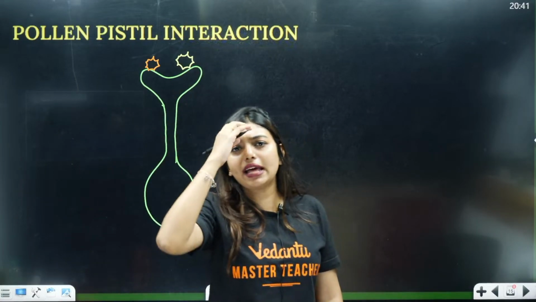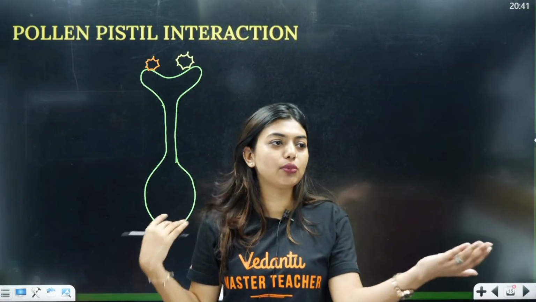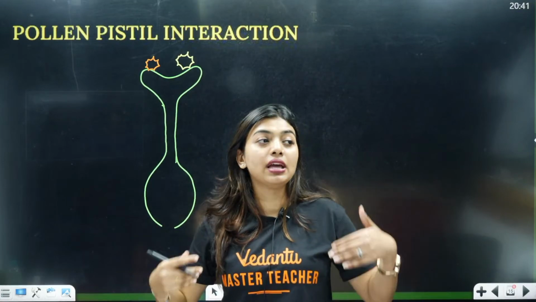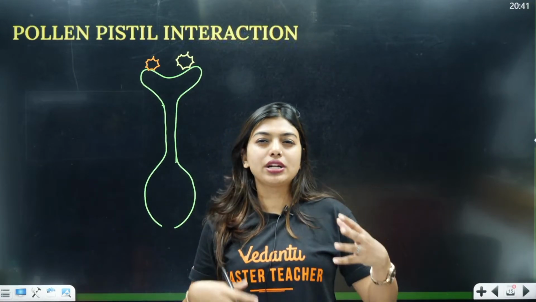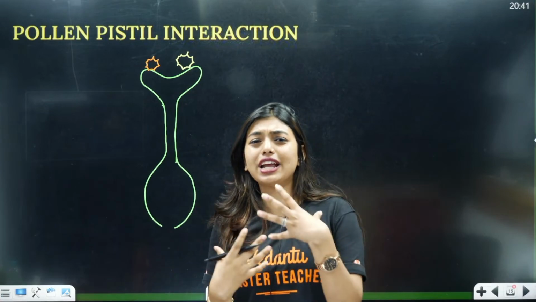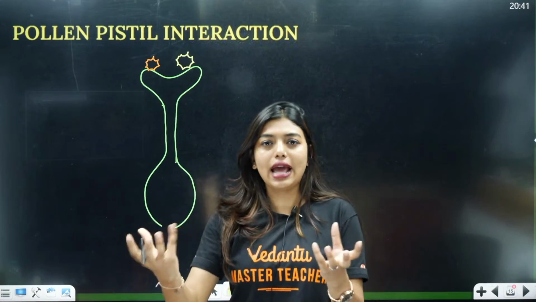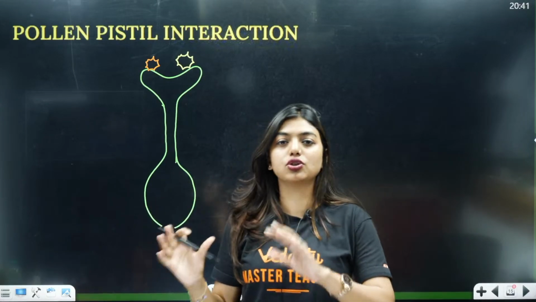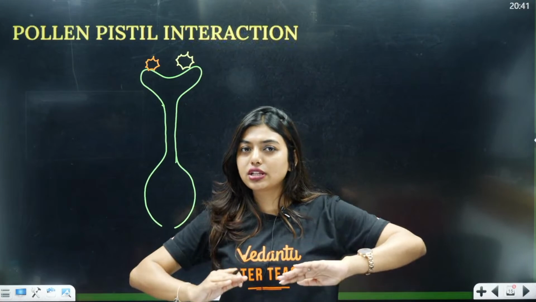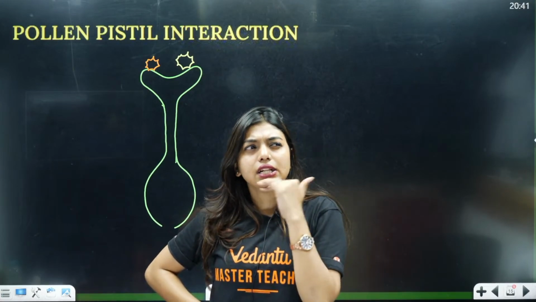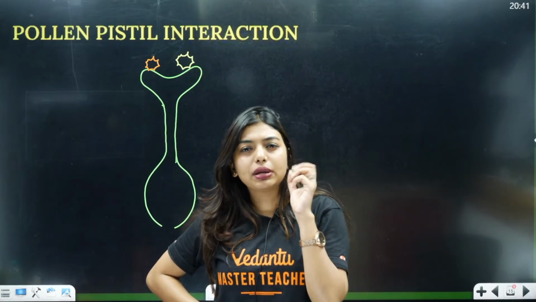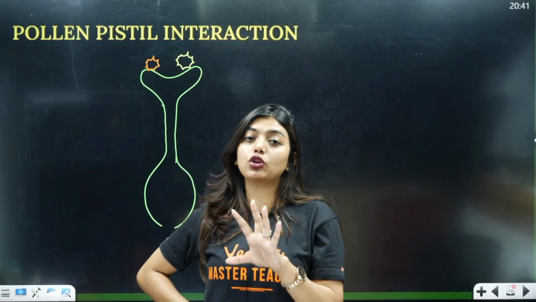Now see, when a marriage happens, the girl and boy decide if they want to be with each other: are their jobs matching, what is their career plan in the future. They have a conversation, and in the conversation they are going to reject or accept that person, right? Same thing here also. When the pollen grain falls on the stigma, it will decide: is this receptive, is it going to be compatible for me? So that is called pollen-pistil interaction.